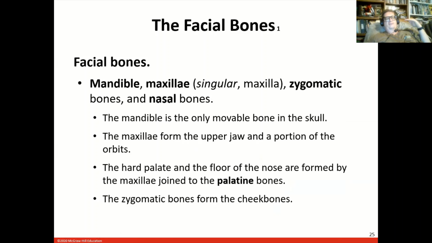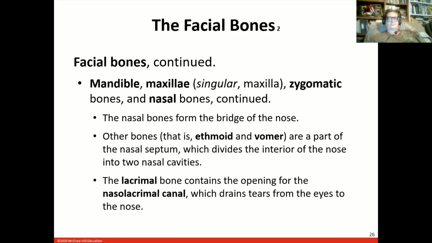And the soft palate is behind the hard palate. That's where those holes are, where there's no bone. Zygomatic bones form the cheekbones. I'm going to point out, you just saw a moment ago, part of the cheekbones. The cheekbones continue with the zygomatic process of the temporal bone. Moving on. All right. So the mandible, lower jaw, maxilla, upper jaw, zygomatic bones and nasal bones, those are the